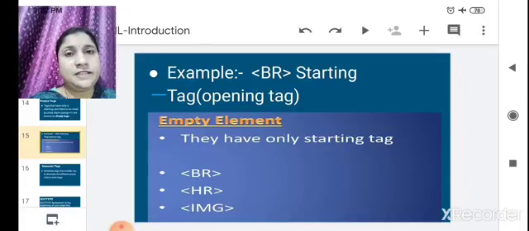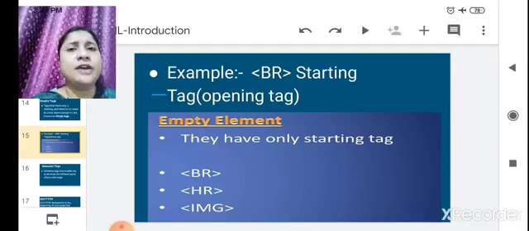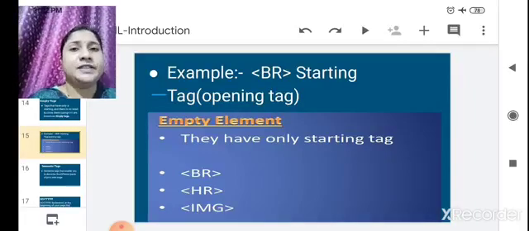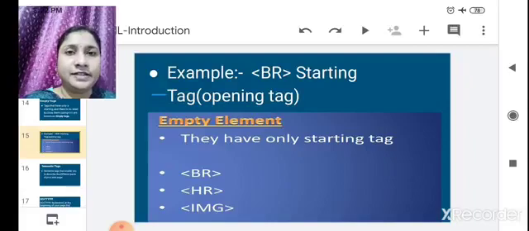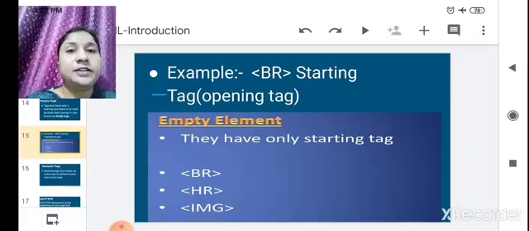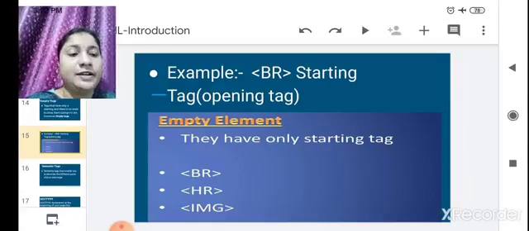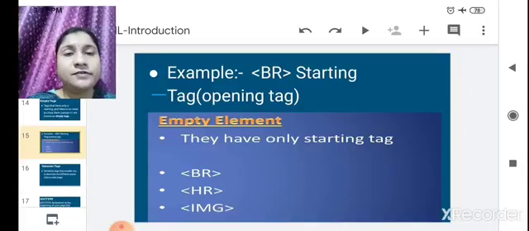Then we have seen the history of HTML, that Tim Berners-Lee developed it in the year 1990. We also saw the different versions of HTML, like 2.0, 3.2 and 4.01, and the most recent version we are using is HTML5.